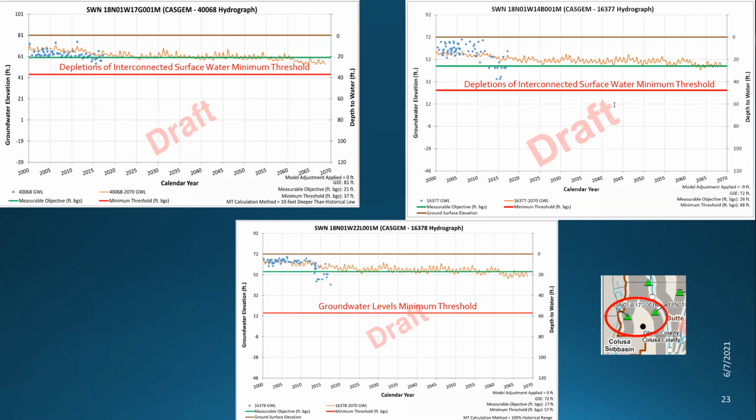What does need to happen, and as Micah just pointed out, and it's true across the board, for the most part, is that because of time limitations and funding limitations, we're not able to actually go out and have boots on the ground confirming where these communities exist. And that is a data gap and should be considered as a future project to go and map them. And then have those areas then look at your minimum thresholds relative to protecting those communities once you've actually identified specifically where they're located, relative to how you set the minimum thresholds and measurable objectives in those areas.